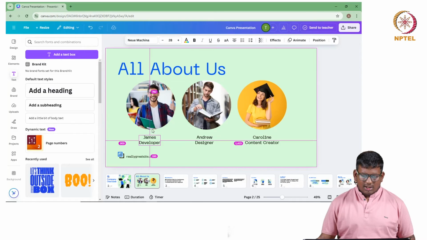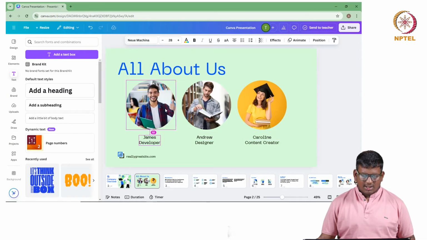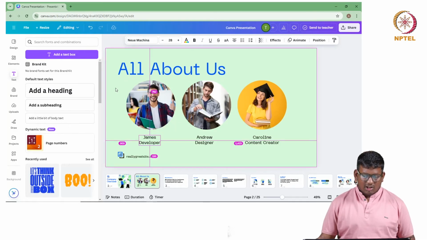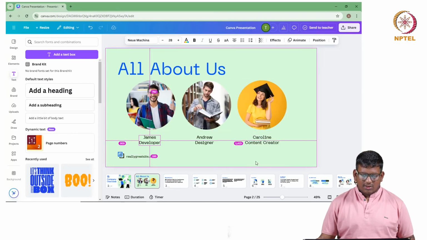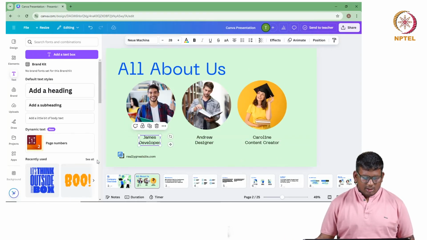Then you can move the text also. You can see the dimensions and everything with the Alt key. Right now I've pressed the Alt key and I'm just moving my mouse only. I haven't pressed anything on the mouse. It's just moving freely. So you can see the dimensions and all. If you aren't around any graphic element, it will just show you with respect to the whole slide. Great.